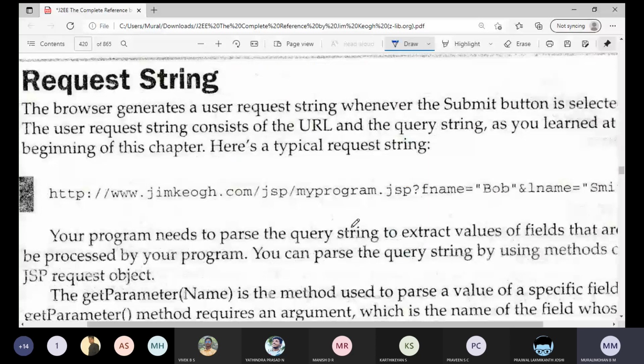Now, let us take the login page itself. I will give the username and the password. Then I will click on the submit button or a login button, whatever button it is there. So when I click on that particular button,